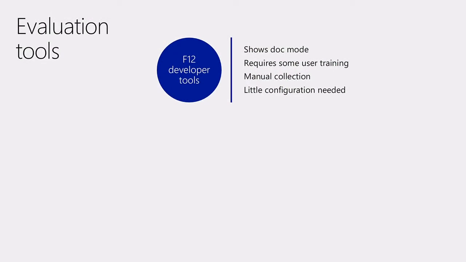One way you can test this is using the F12 developer tools in IE 8, 9, 10, or 11 and seeing what document mode is being used today by the application. This is a manual effort, but it doesn't require too much work. So there are customers who have trained a few people to go test, and you can build a spreadsheet or build a database of that pretty quickly.